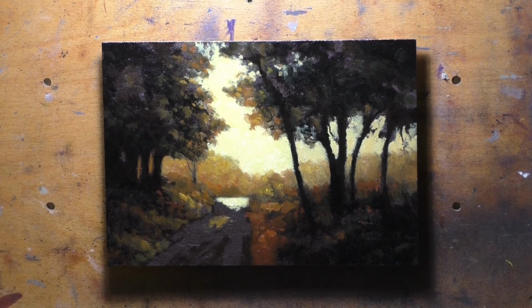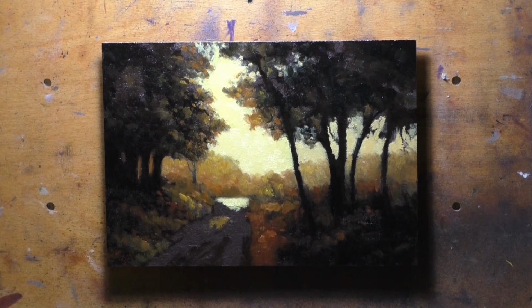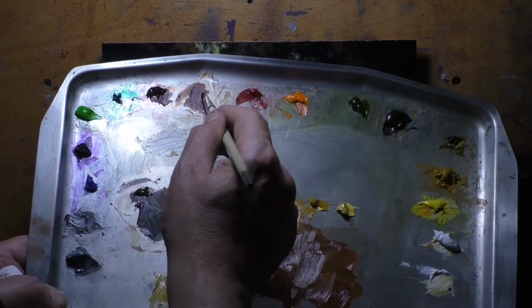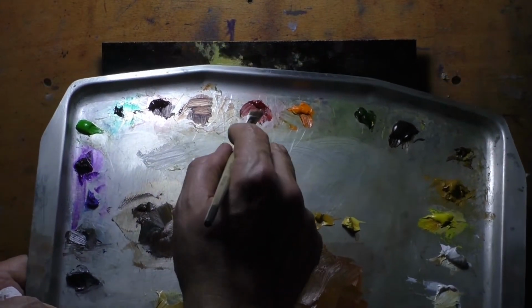I feel like I have a lot of pain in my hands. Jeez. Yeah. Feel like I want some more interesting reds here. How are we doing? You're doing all right. Just gonna scoop up a bunch of this and some of that. Mix it in over here. Some of that